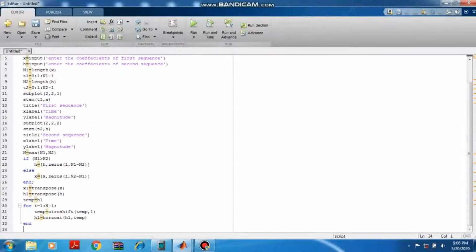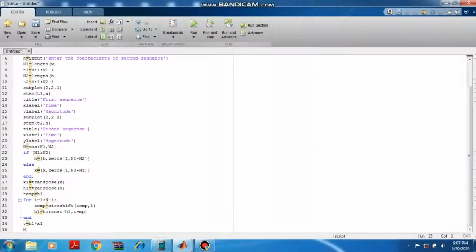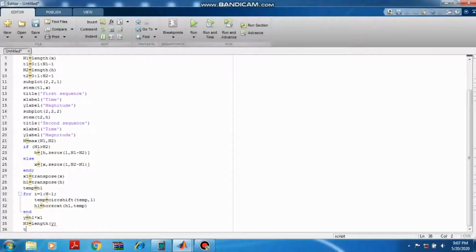Right, so y is equal to, now concatenation is done. Now we'll go with the next one. Last, we'll convolve it. n3 is equal to length of y. t3 equal to 0 in steps of 1 to n3 minus 1.